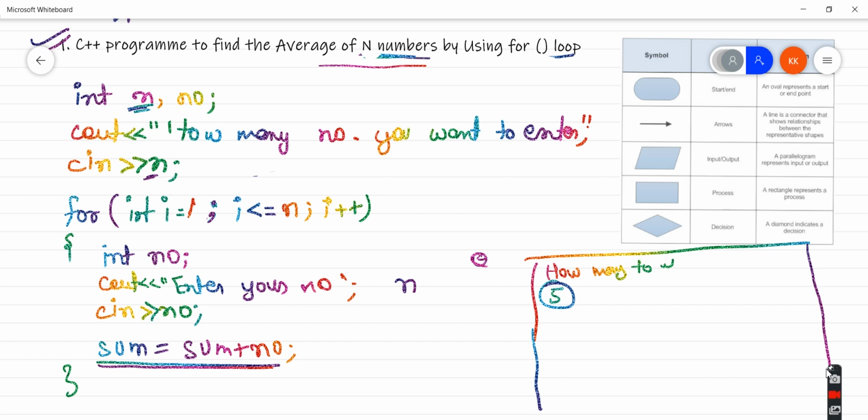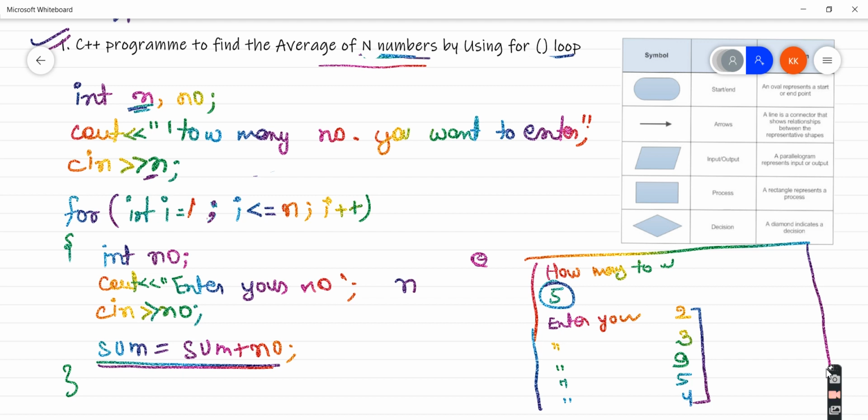So I will ask enter your number, enter your number. Let's say the user has entered 2, then again the same message, and the user has entered 3, then again the same message, or the user has entered 9, 5 and 4, let's say. So the user has entered all the 5 numbers one by one, right?